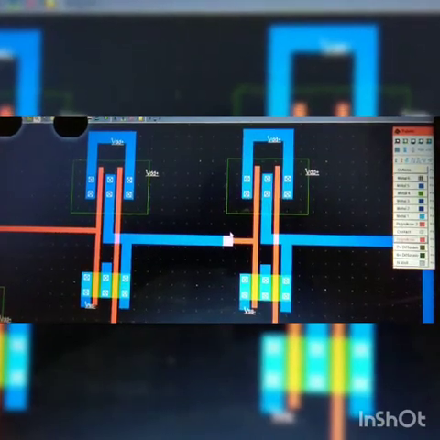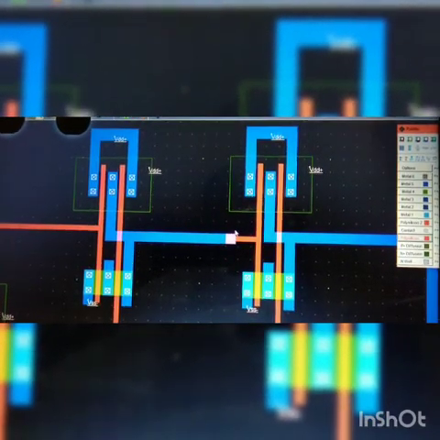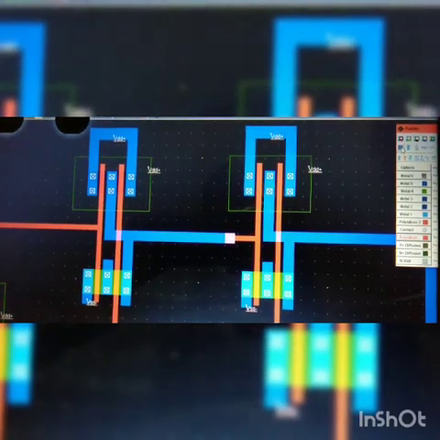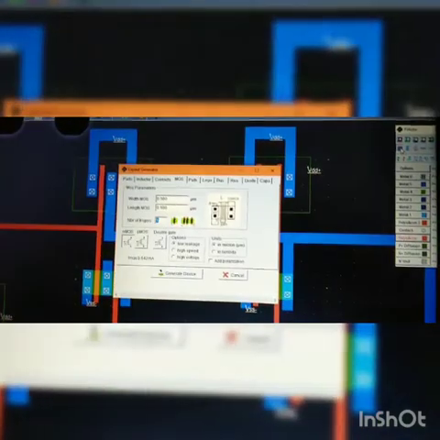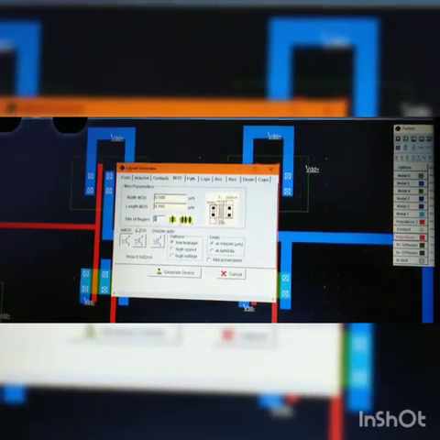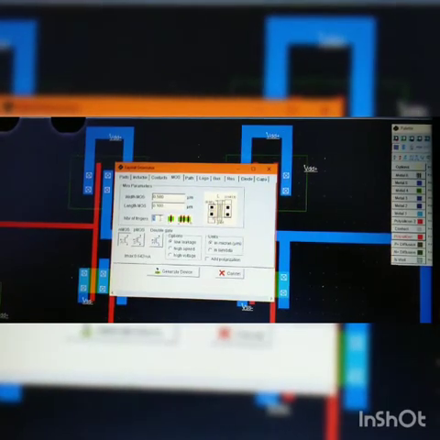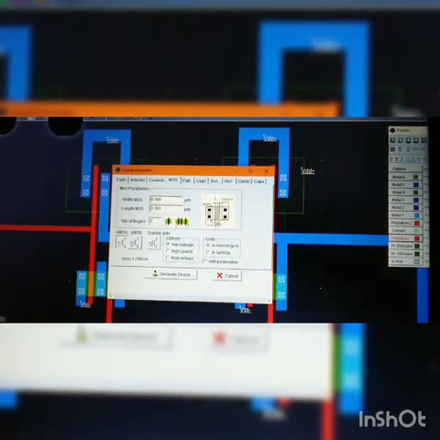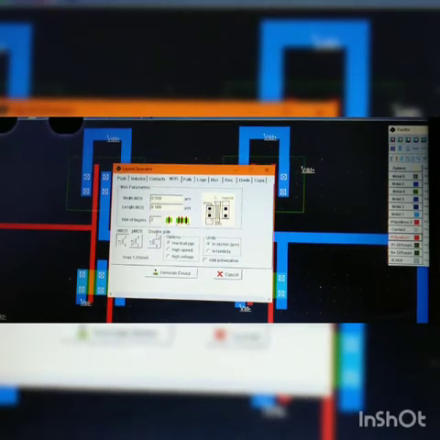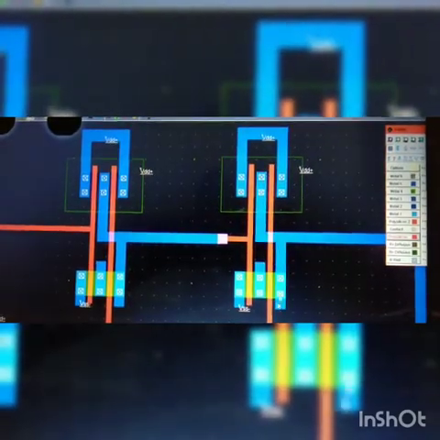Okay, now the first step I have done here is I have implemented a simple NAND gate. Select the option MOS generator. You select this tab, you will get it like this, and here you have to select first NMOS and the number of fingers as 2. After selecting this, you have to press the key generate device. If you do that, you will get this portion.